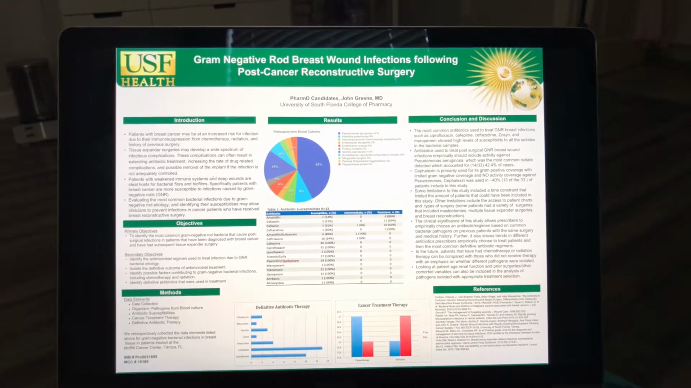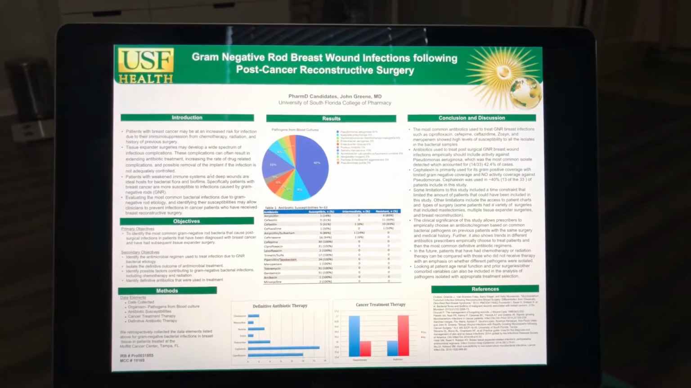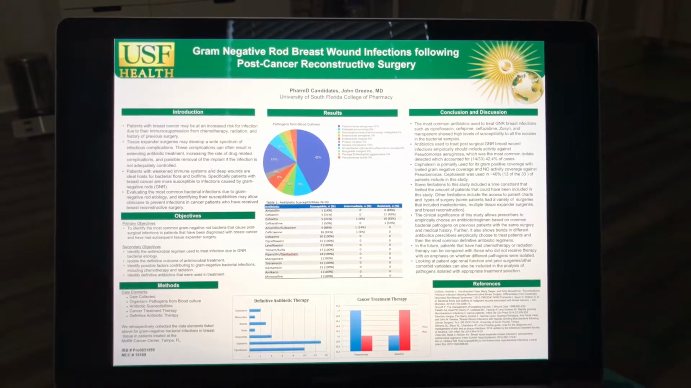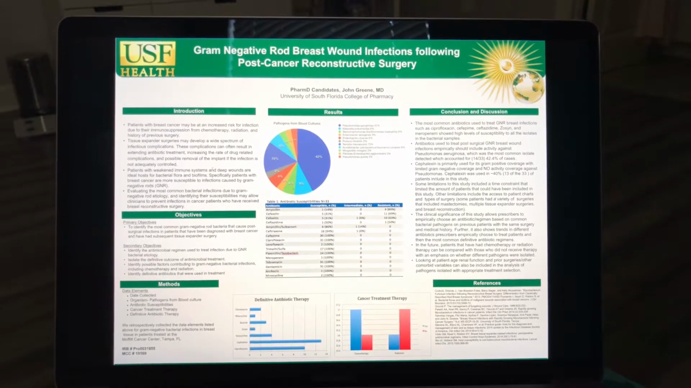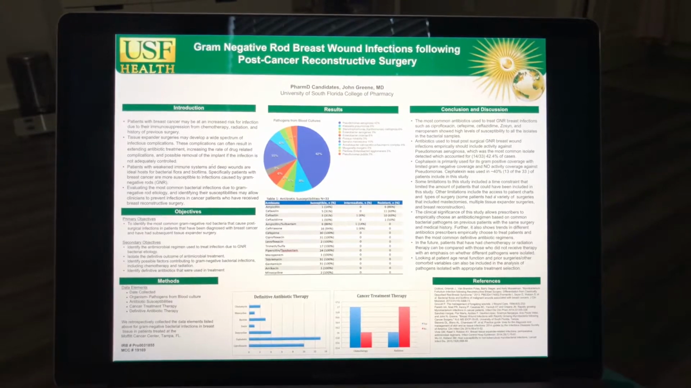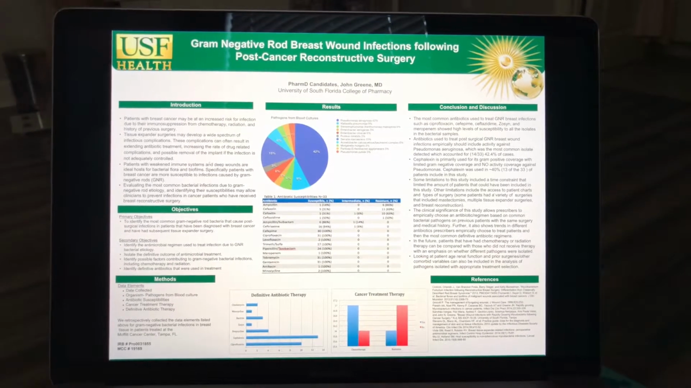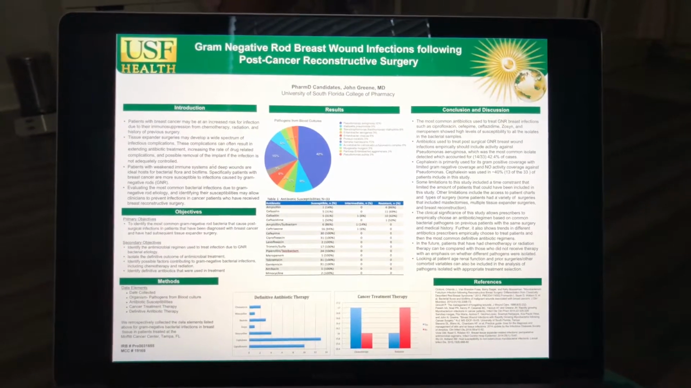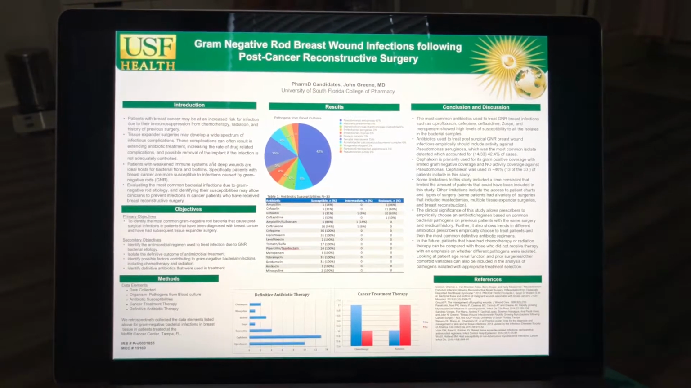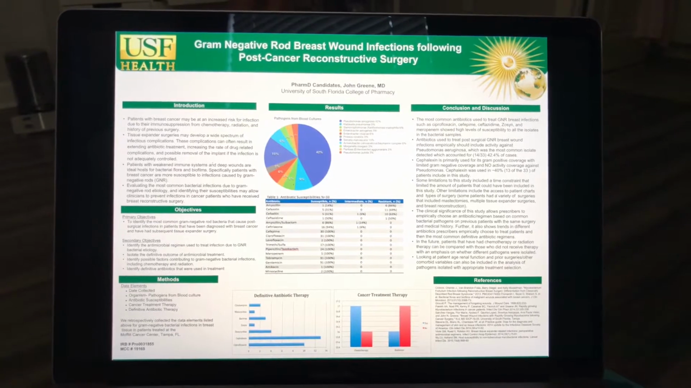Hello everyone, my name is Nicole Gaidish and I'm going to introduce the finalized PLURP research poster that was completed on behalf of my team members, Shelby, Clarissa, Donna, and myself. We focused our study on gram-negative rod breast cancer wound infection following post-cancer reconstructive surgery. The data collected for our study came from the Moffitt Cancer Center, and we were extremely fortunate to have